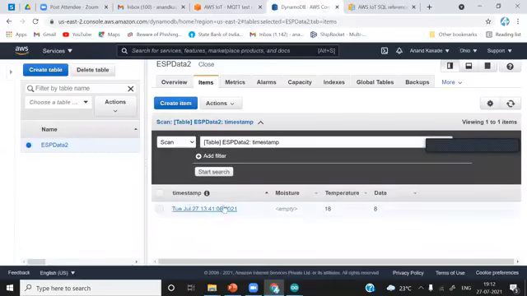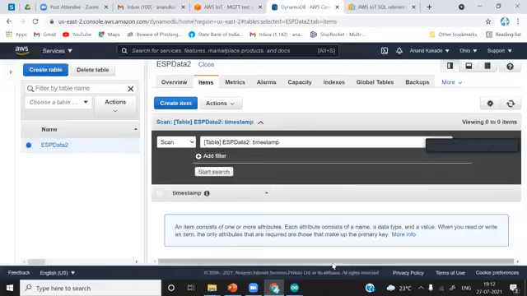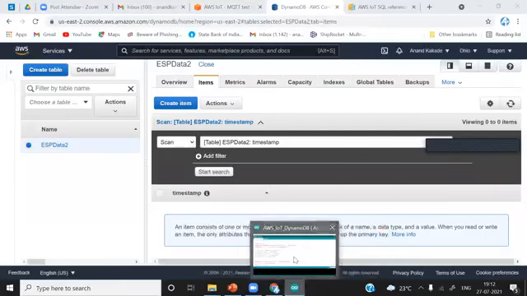So these three fields, temperature, moisture, and data, you can see here moisture, temperature, and data, and the timestamp is here. You can do this whenever you want. What we'll do, we'll send a few data over here in this database, and then we'll try to download it. Okay, in the file. I'll just simply delete this one also. I'll just check.